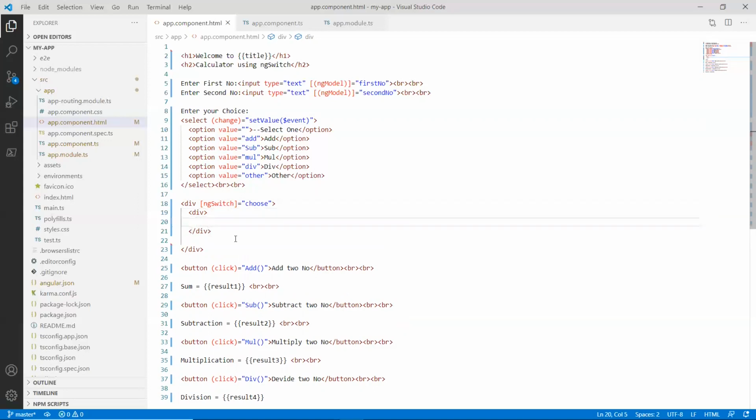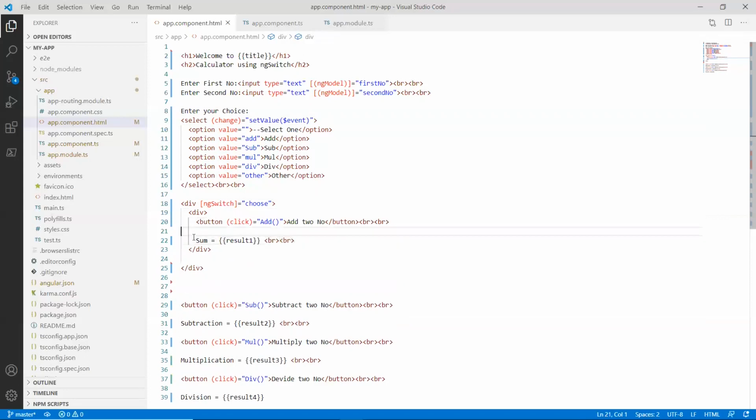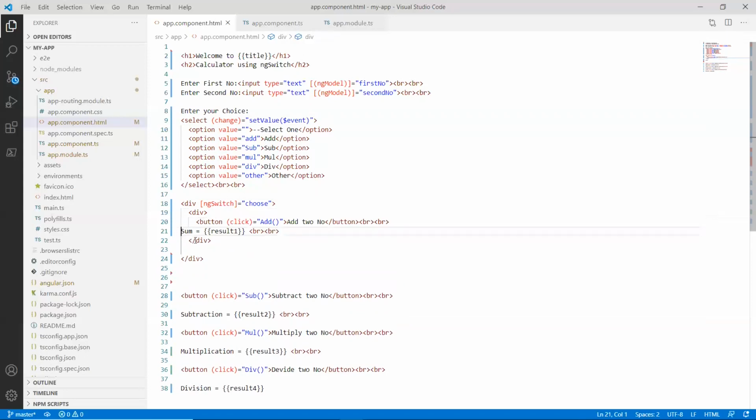Under this we simply copy what we have written before, and give the div tag as star